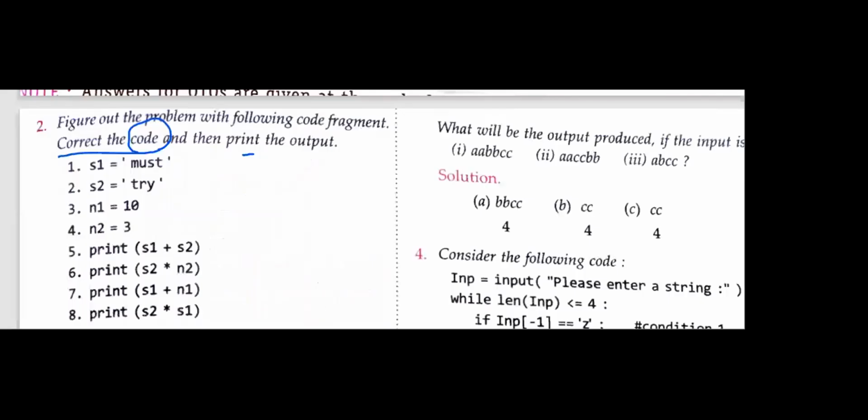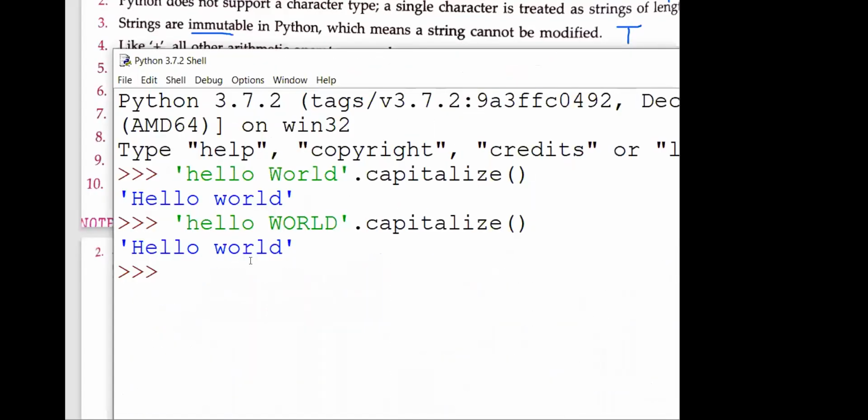Replace, ma'am. So what will I do with replace? Split. The answer is correct, but what to do with replace?